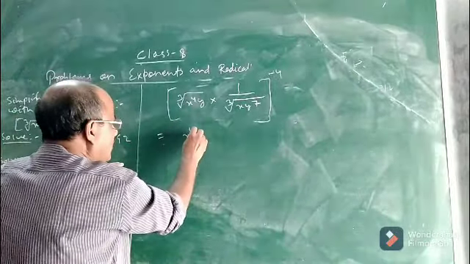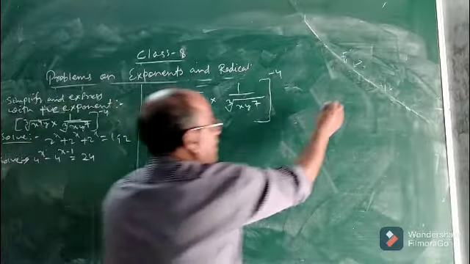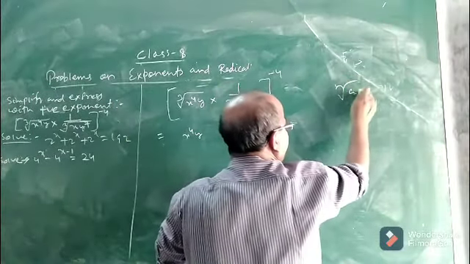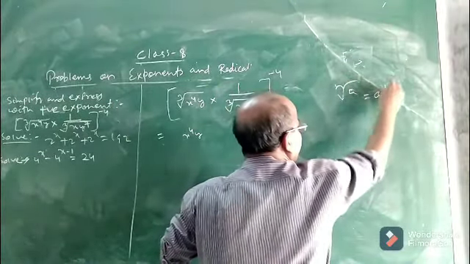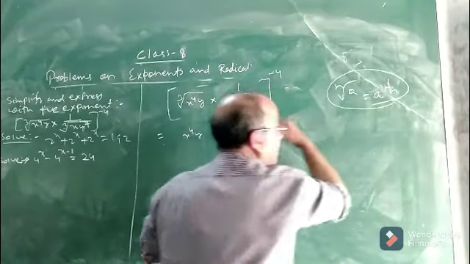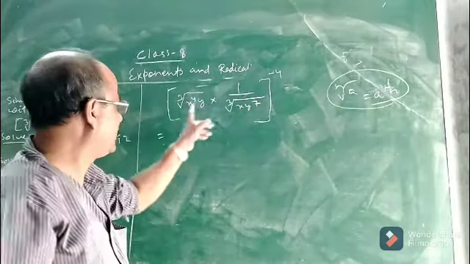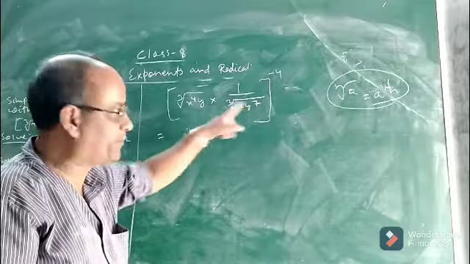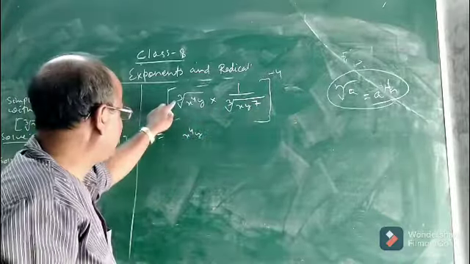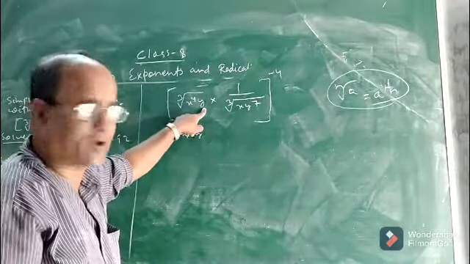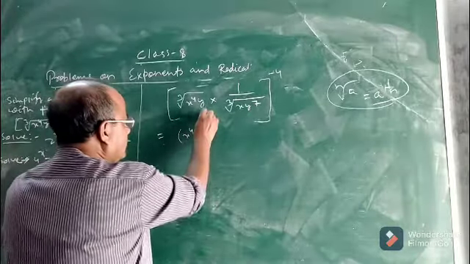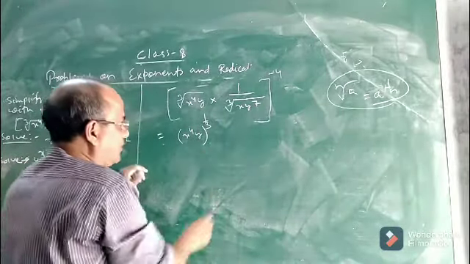So it will be x to the power 4y, and you know the formula. The formula is: nth root of a is a to the power 1 by n. In order to convert this into exponential form, you will use that formula. So it is the cube root of x to the power 4y, so it will be whole to the power 1 by 3 according to that formula.